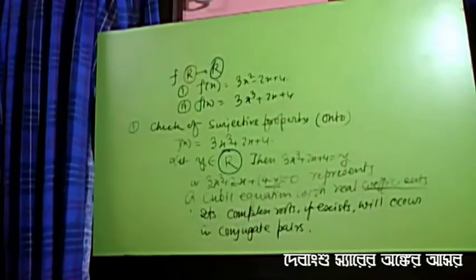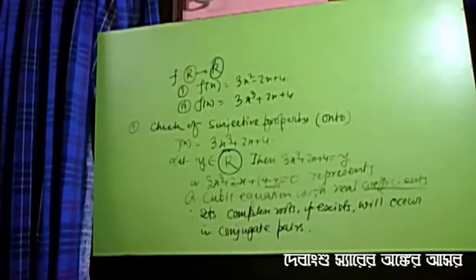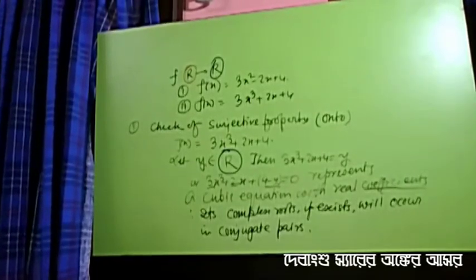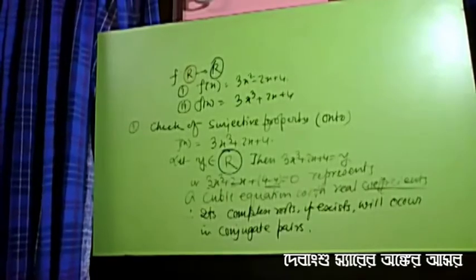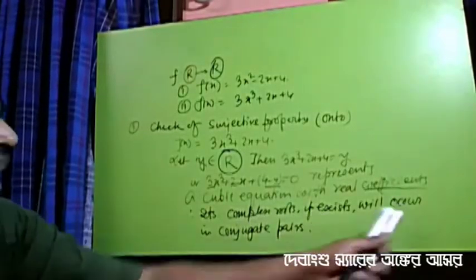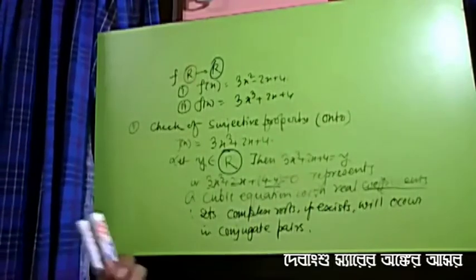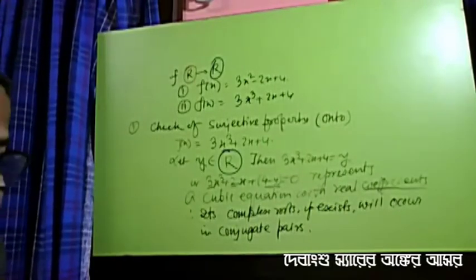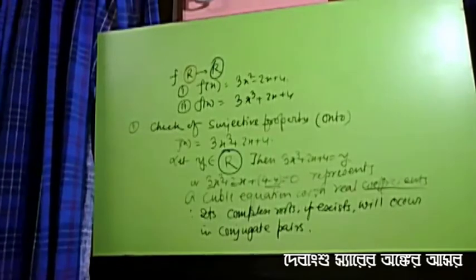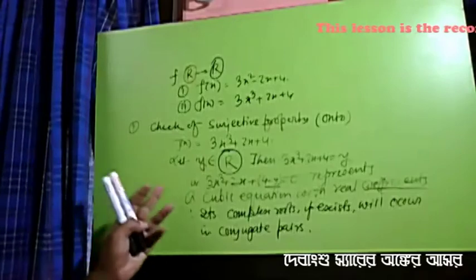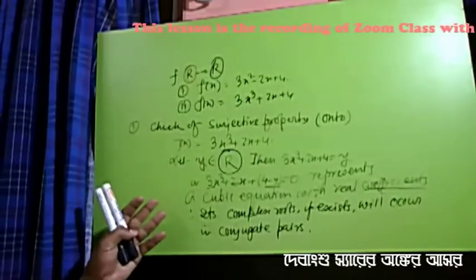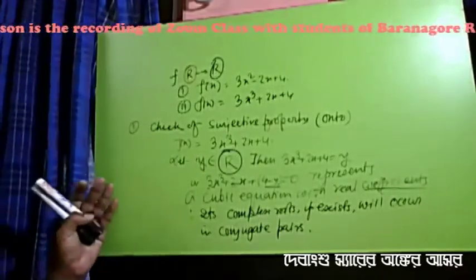Since it is a cubic equation, or any equation with real coefficients, complex roots occur in conjugate pairs. So the number of complex roots is even. So any equation with real coefficients can have 2 complex roots, 4 complex roots, 6 complex roots,